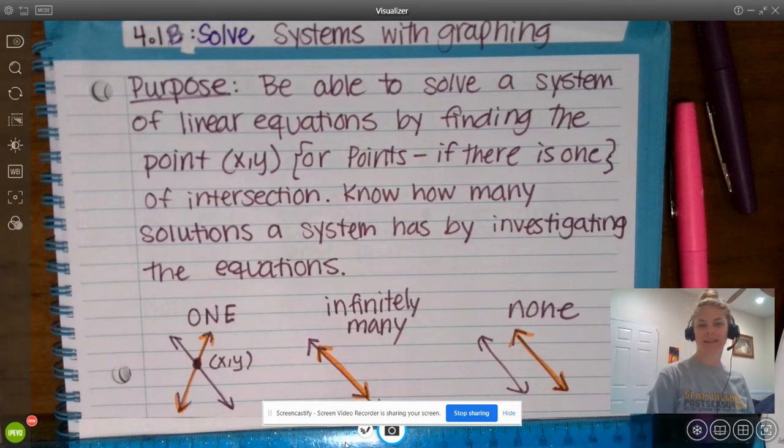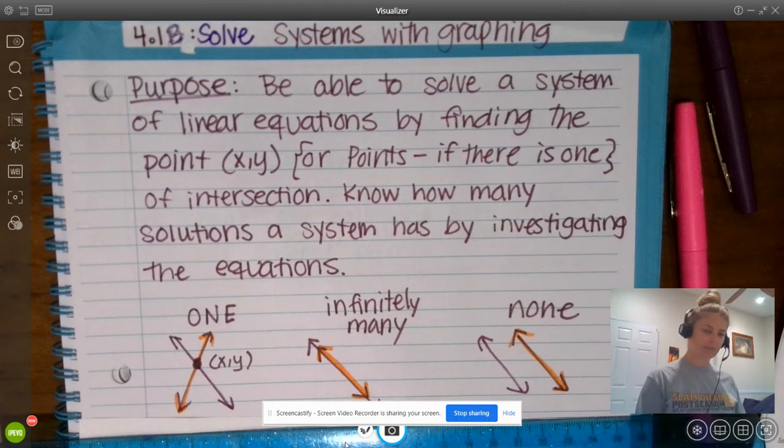We're going to be solving systems with graphing. When we are solving a system, we are looking for one point, or points if there are any, that lie on both lines, so that when we substitute them into the equations, it is a solution for both. Meaning it simultaneously satisfies both equations. Our purpose today is to be able to solve a system of linear equations by finding the point x comma y, or points, of intersection,